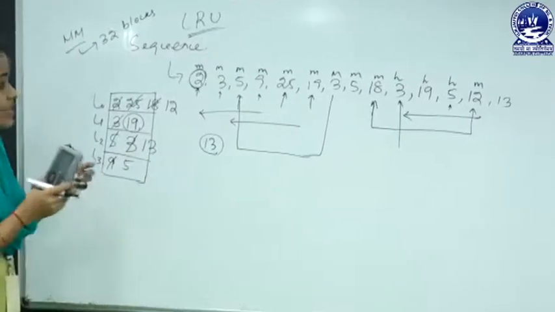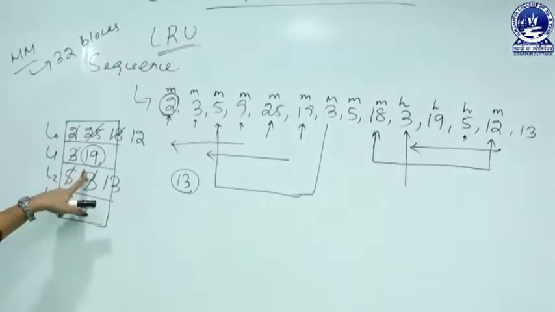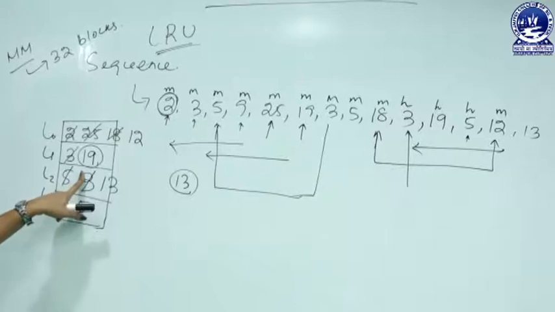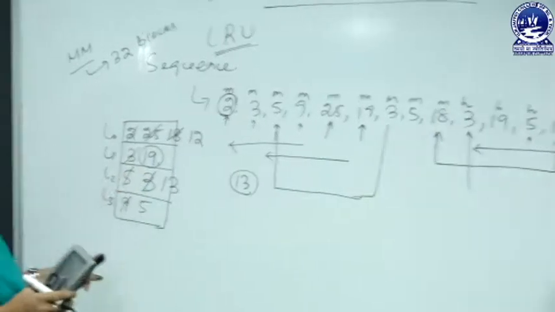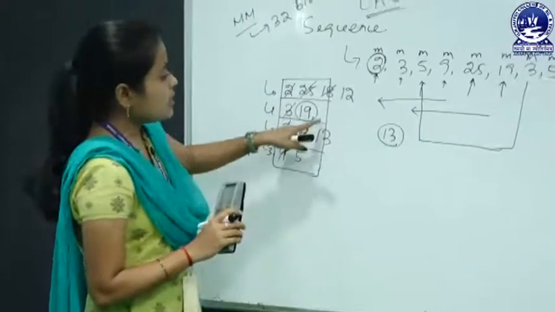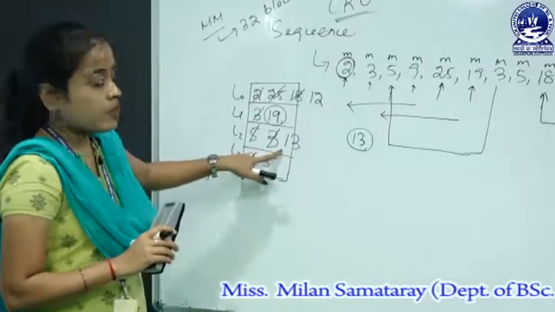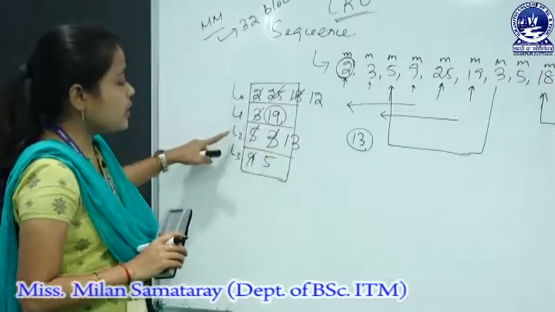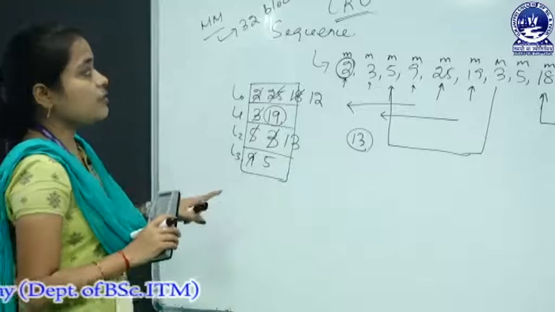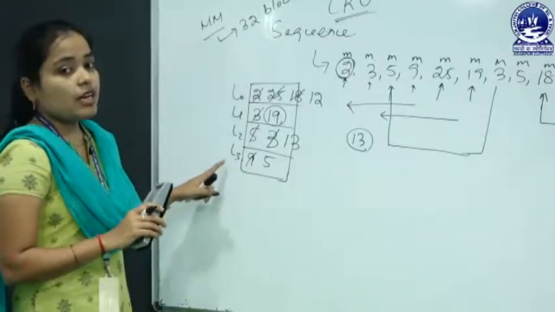As you can see, this 19 block is loaded into the cache memory first, but we are not replacing block 19. We are replacing the 18th block and this block 3, or you can say in line 0 and line 2. So this is the concept of LRU, and this concept is used in associative mapping.